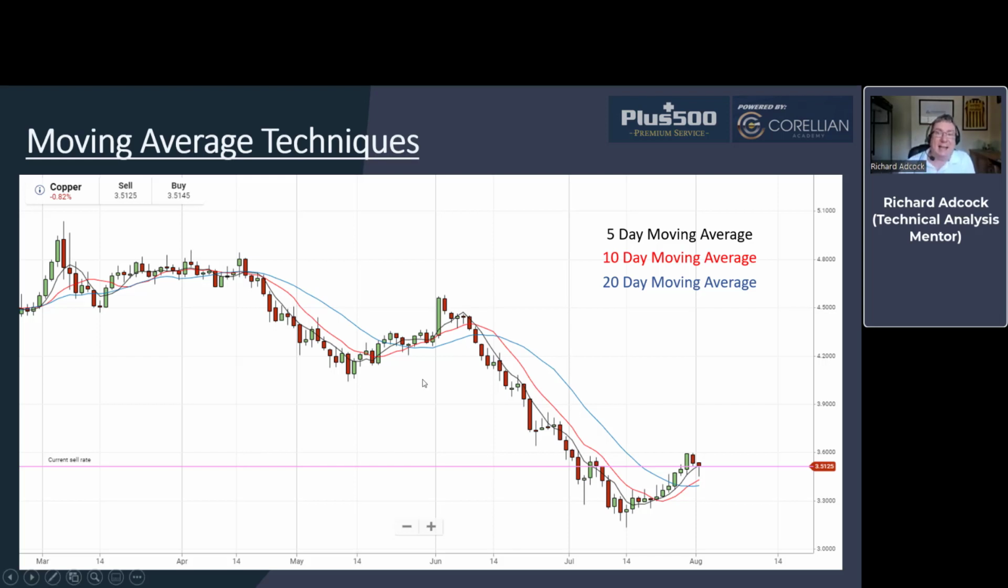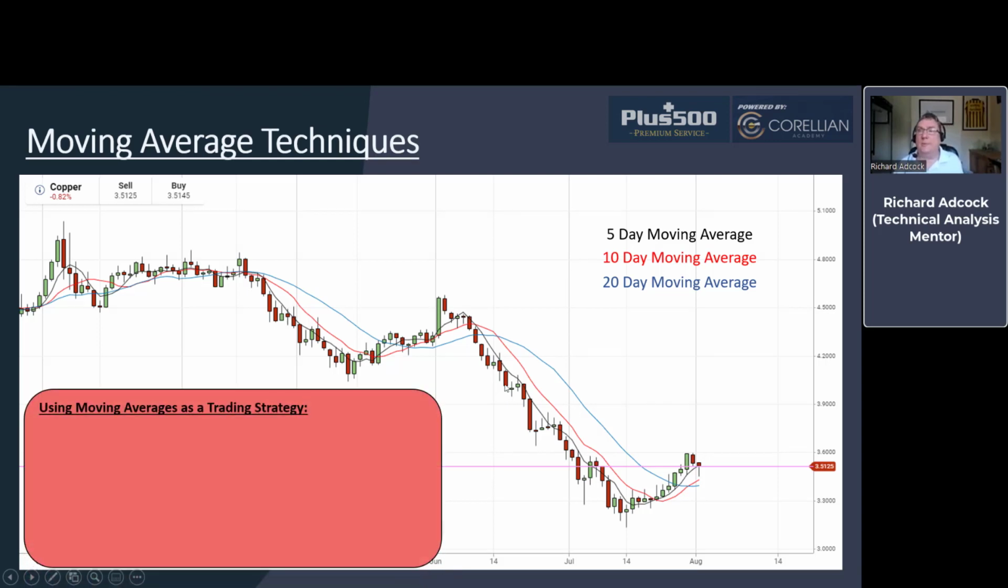Now, if we add a further moving average here, so we've added the black line, which is a 5-day moving average, together with the 10 and 20-day, and this is the current chart of copper that we're looking at, we can actually look at a trading technique that we can use moving averages for, together with price and the 3 moving averages. So the strategy basically uses the price action in relation to the short, medium, and longer term moving